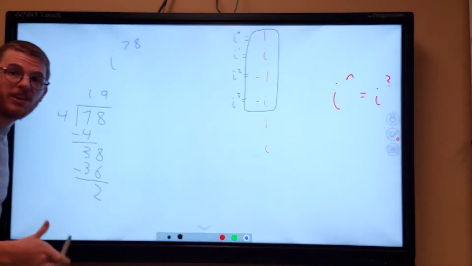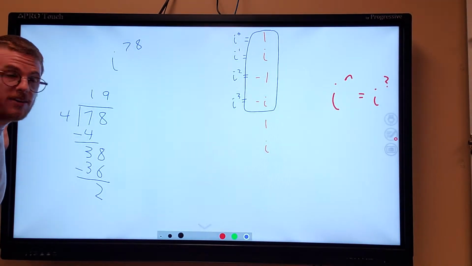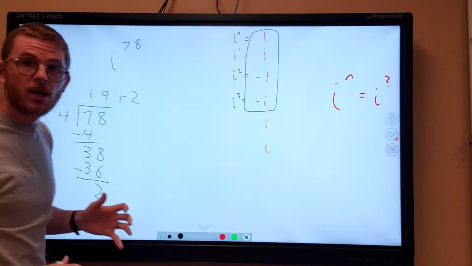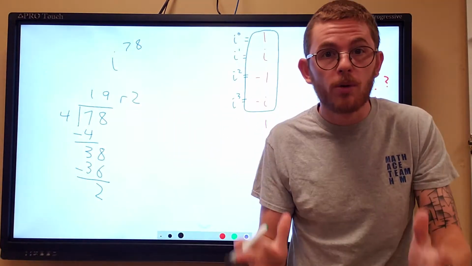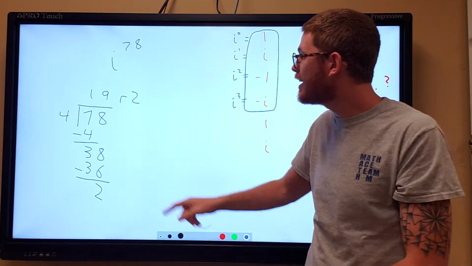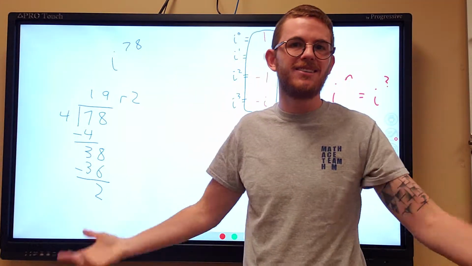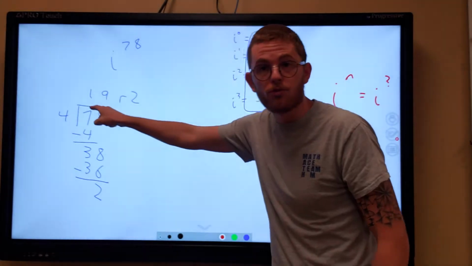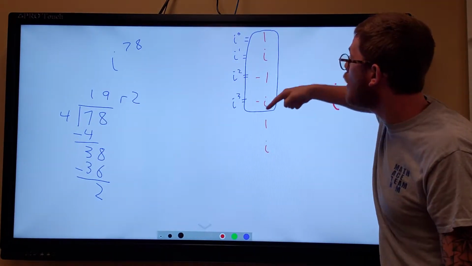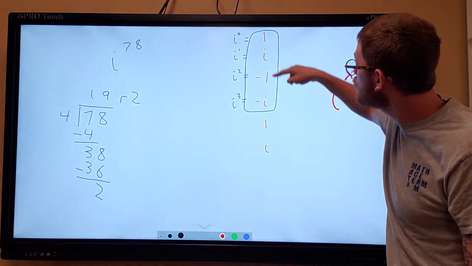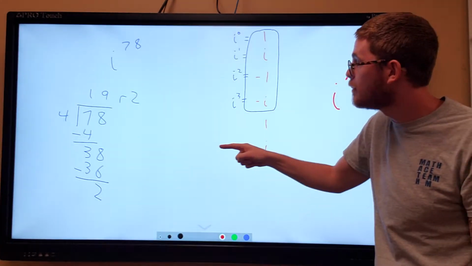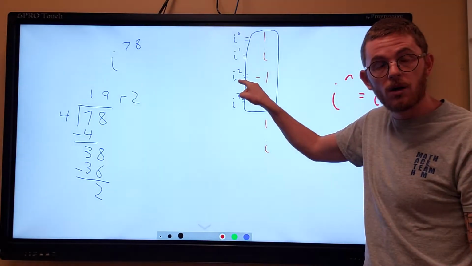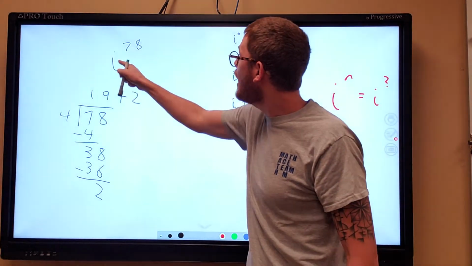And I'm going to go really old school, 4th grade division, and write remainder 2. The remainder is what we really care about. We don't really care about this 19. This 19 is just there. 19 is representing how many times we've gone through this cycle. We went through this cycle 19 times, and then we had a remainder of 2, which means I to the